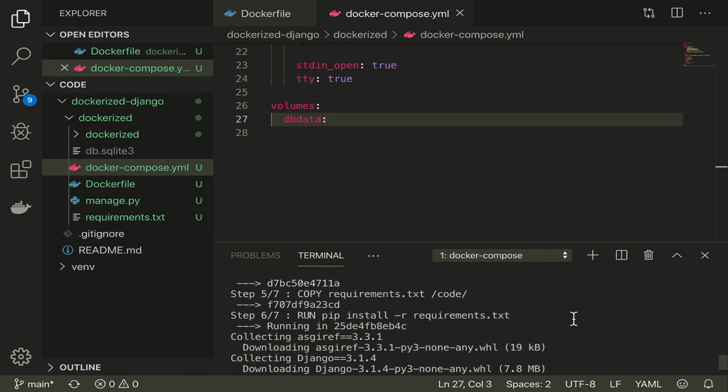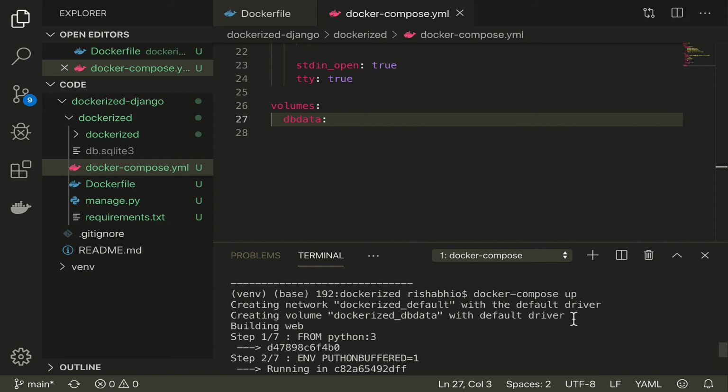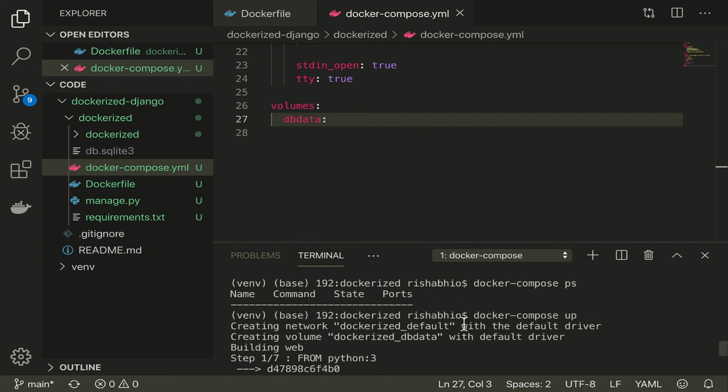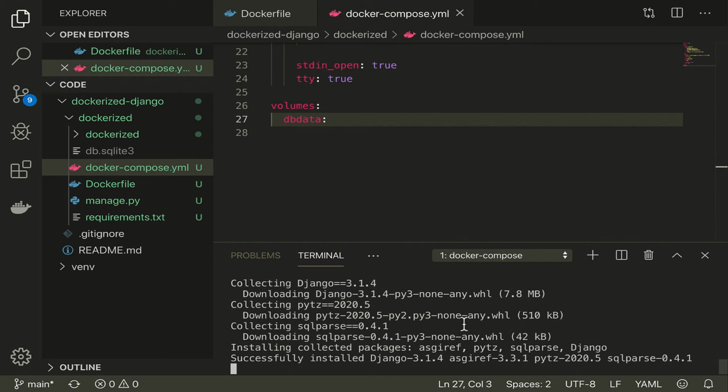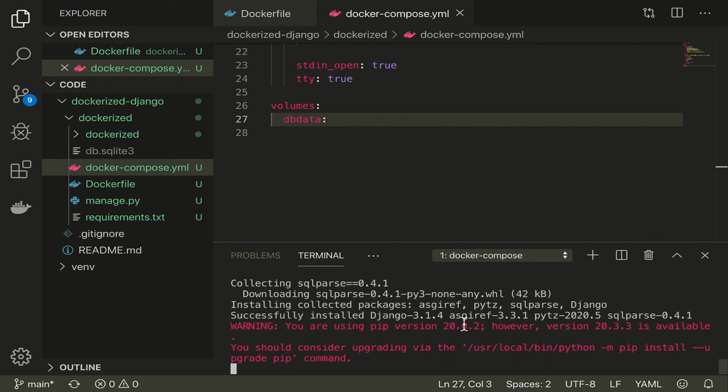First of all, the image is being built, and then the containers will start running. I'll just pause the video and wait for the process to complete, and then I'll switch on the video again.